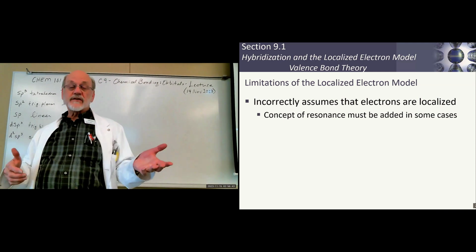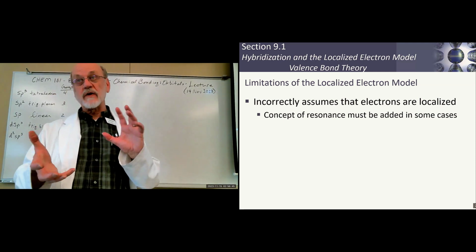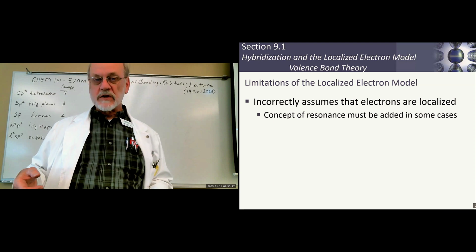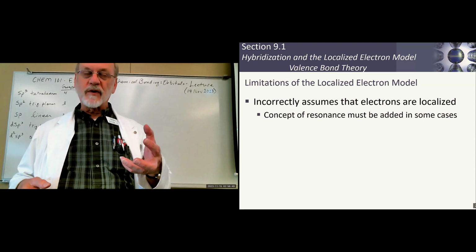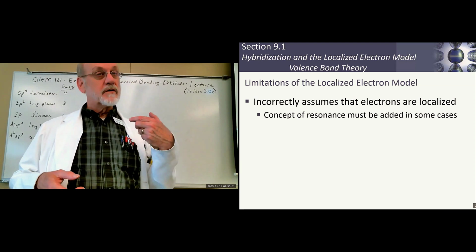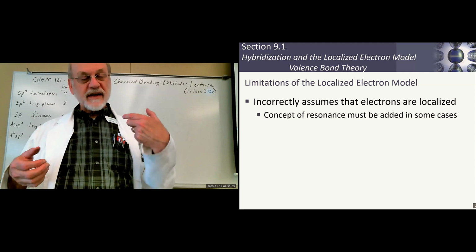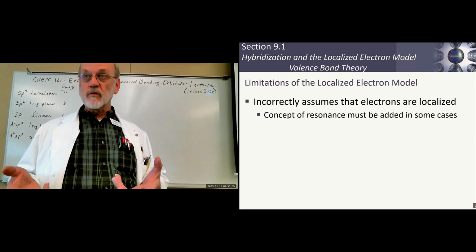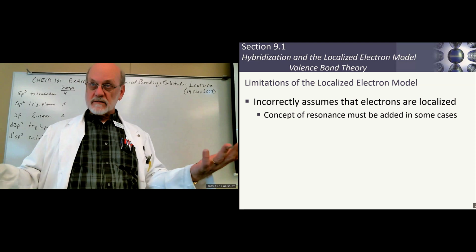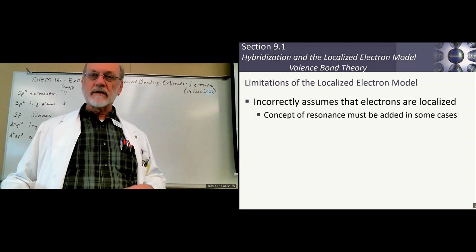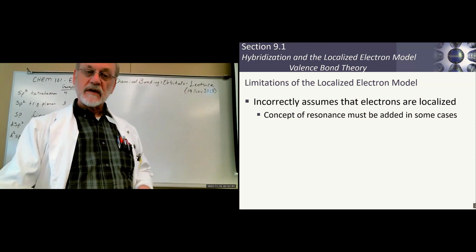And some of the fixes we've had to do, the major fix was resonance. We couldn't draw the structure properly because 2 or more acceptable Lewis structures were available. So we introduced resonance. The other one is